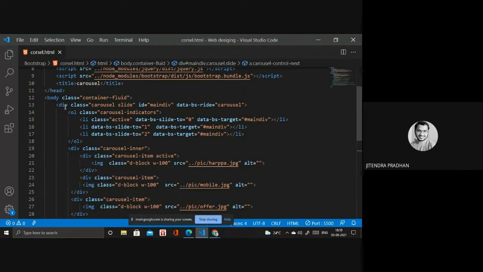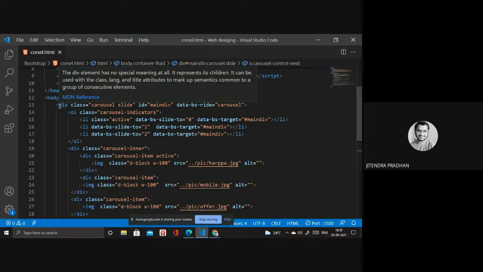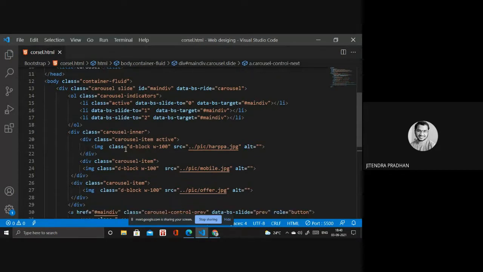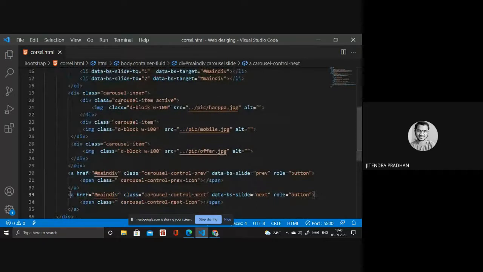Before that, you have to design the carousel. Inside we have carousel-indicators. Okay, this one is old. If you don't want a previous button and a next button, that one is not required. If you want it to move automatically, then you have to write carousel-inner. In the carousel-inner we have many items, whatever items you want. If you want four pictures, whatever, then you have to write carousel-item for each. Okay, in carousel-item we have